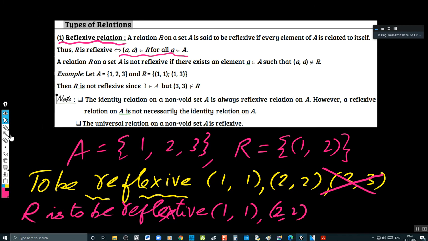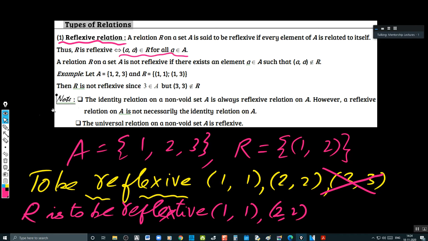बोलो ना. Sir, if they have asked to make a reflexive relation, such like you have given in the question, R equal to {1, 2}, ऐसा क्वेश्चन आएगा अभी. Then we have to add this: 1, 1, 2. Yeah, you have to add this. Sir, 3, 3 we have to not add that. No need, no need. In this case, no need. For reflexive, it is not needed.